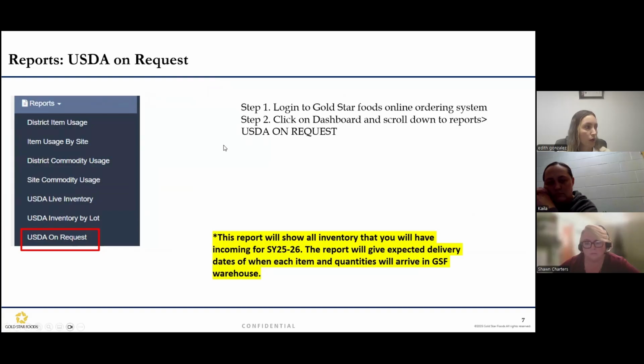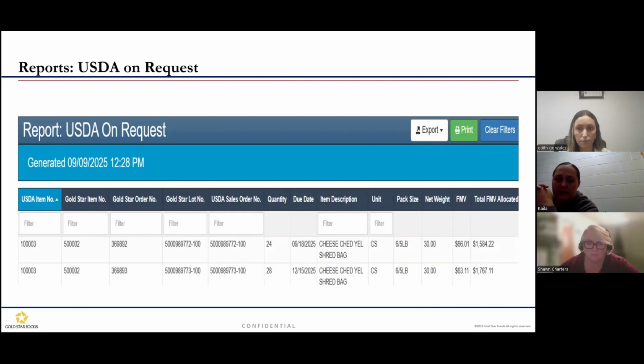So the next report I want to cover is your USDA on request. This report shows all inventory that you will have incoming for school year 25-26. The report will give an expected delivery date for all items arriving into your warehouse for school year 25-26. So this report will allow you to prepare for the whole school year, identifying the expected receive dates for